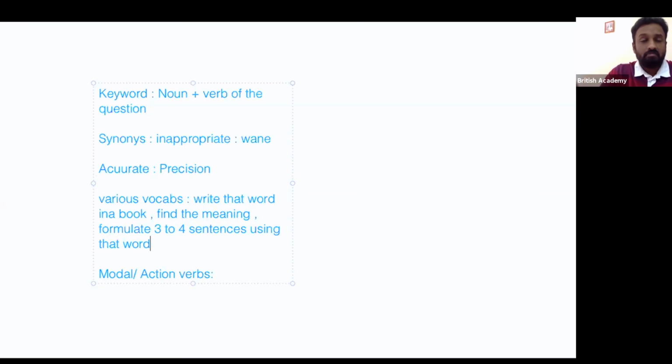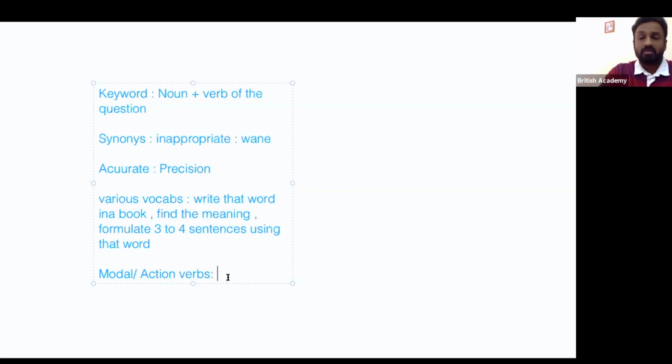If you are going for reading part B, for reading comprehensions, sometimes the questions will be completely based on vocabulary. Unless you understand the meaning of the vocabulary, it will be difficult. So if you really want to improve your vocabulary, you need to make sure you learn various words. Whichever you find in OET, underline it and formulate a sentence. That will definitely help you. This is the first step you would be doing in learning vocabularies.